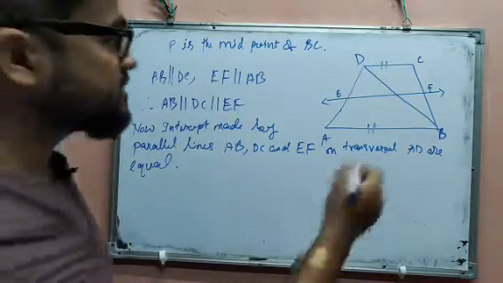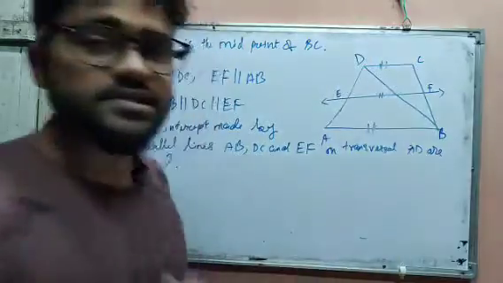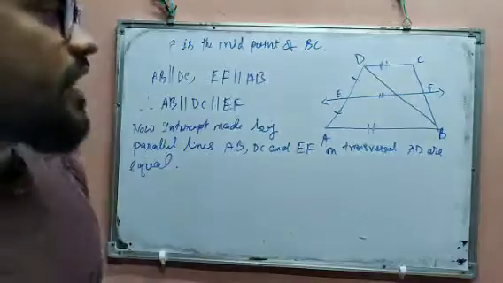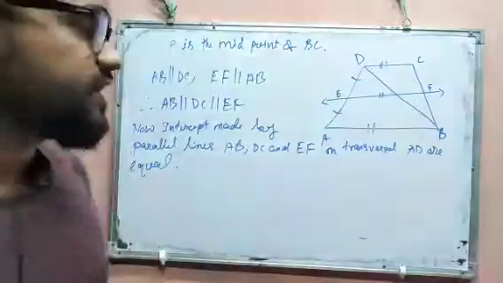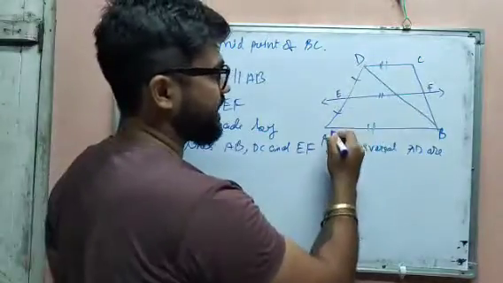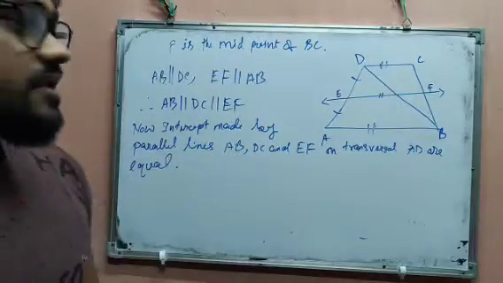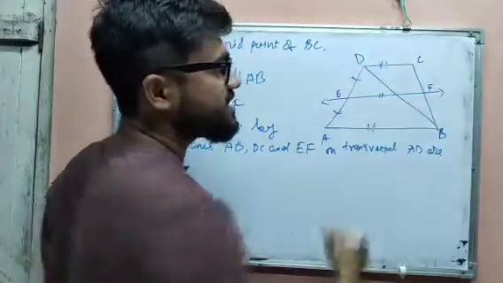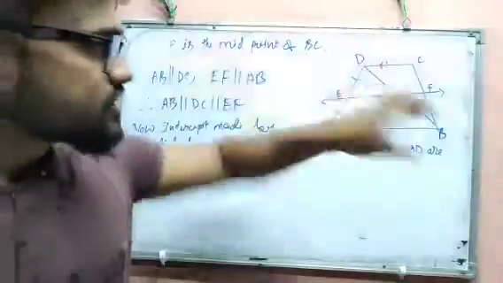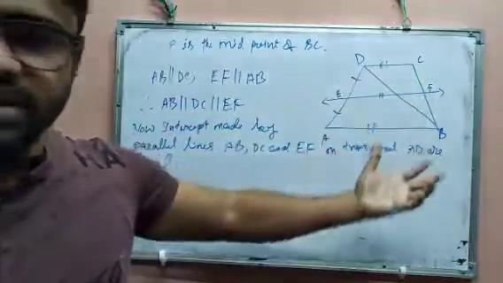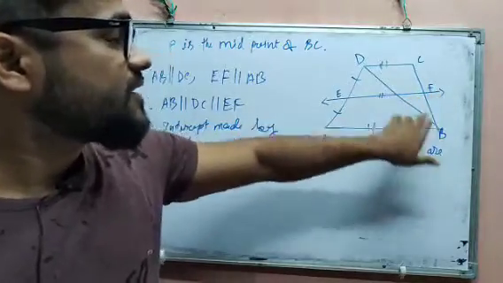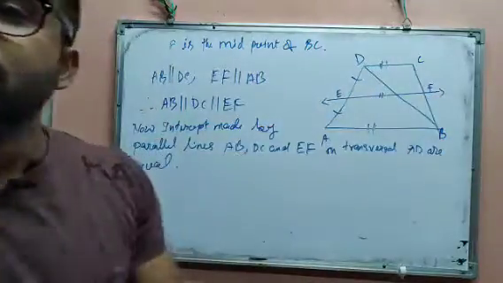That means these three lines, 1, 2 and 3, are making intercepts on AD, here AE and DE. These two are equal. Why are they equal? Because it is said that E is the midpoint of AD. Now you can clearly see that AB, EF and DC are the same lines for the transversal BC making an intercept at F. As they are straight and parallel lines, the intercepts made by the three lines on the transversal BC will also be equal.